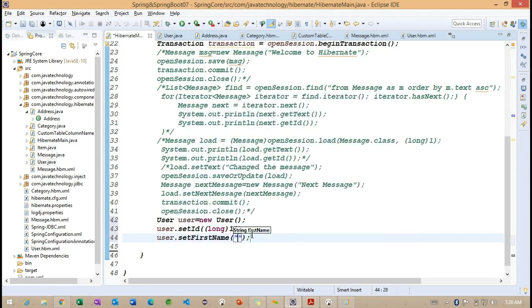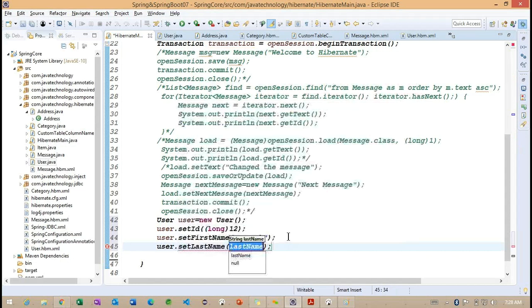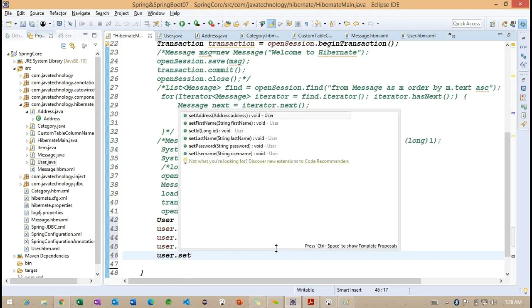Later, user dot set first name, I want to provide Ramesh. Last name, we want to work with Kumar.